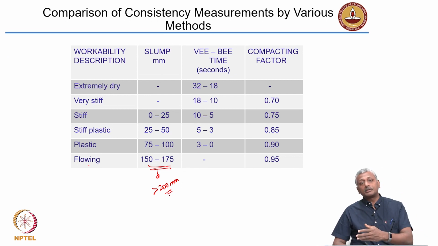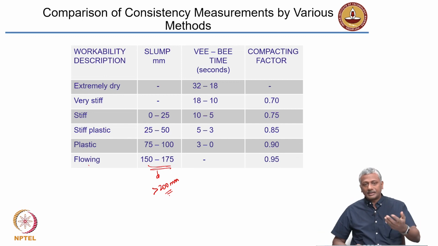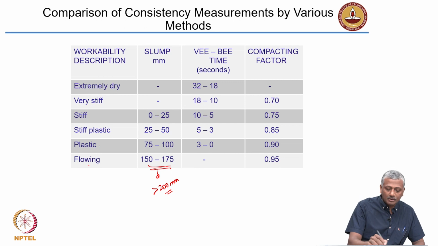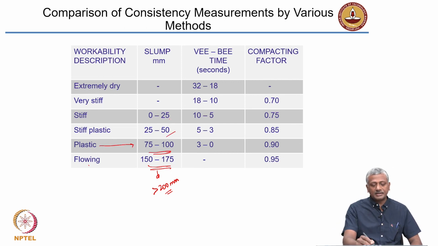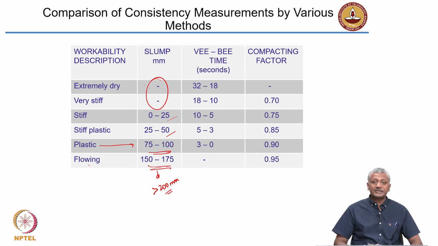I will also talk about a concrete that is only flowing, that does not really show a slump, but it shows more of a flow. Okay. That I will talk about later. A plastic concrete is 75 to 100 millimeters, a stiff plastic is less than that, and a stiff concrete is 0 to 25. When you are talking about extremely dry concretes, for example, when you are doing a pavement construction with concrete, I do not know, many of you may have seen that for pavement construction with concrete, they make the mix extremely dry. Okay, it is not having a lot of water, it will not be flowing, it will have an extremely dry consistency.